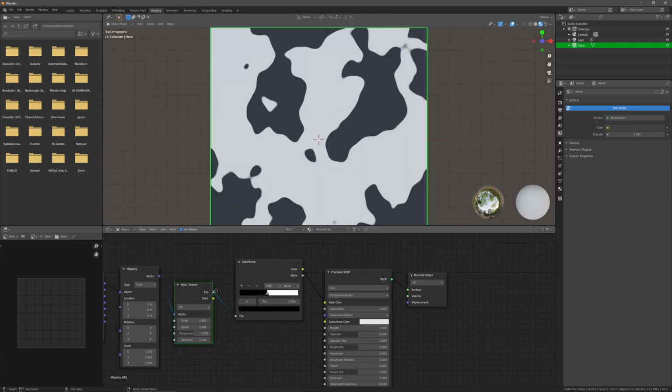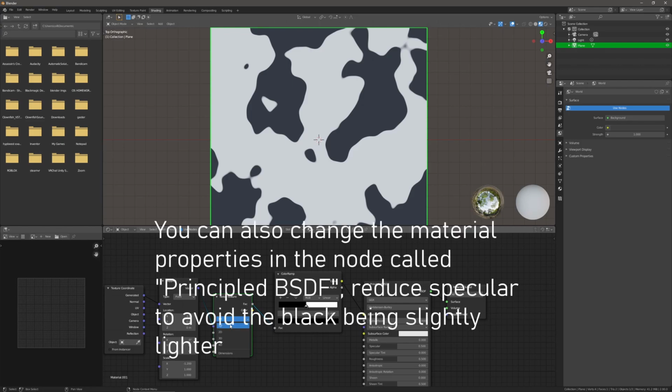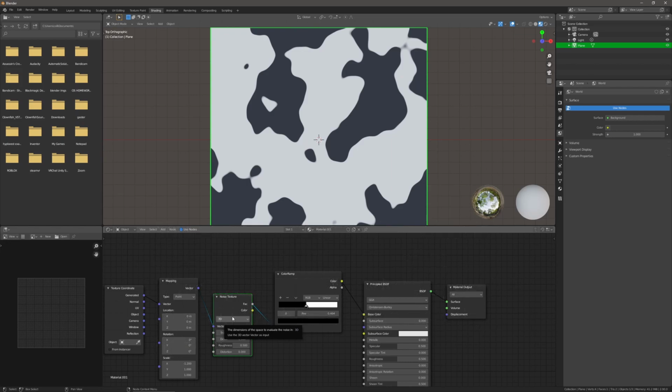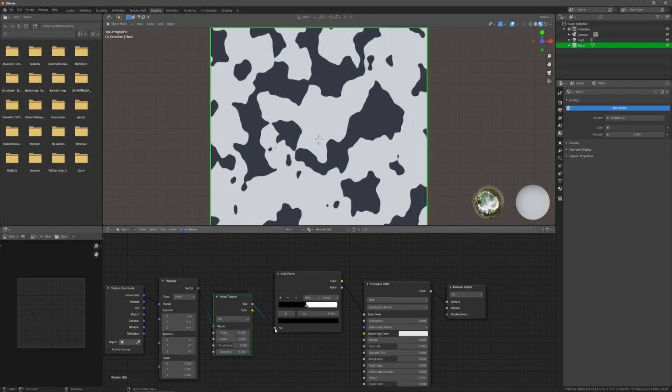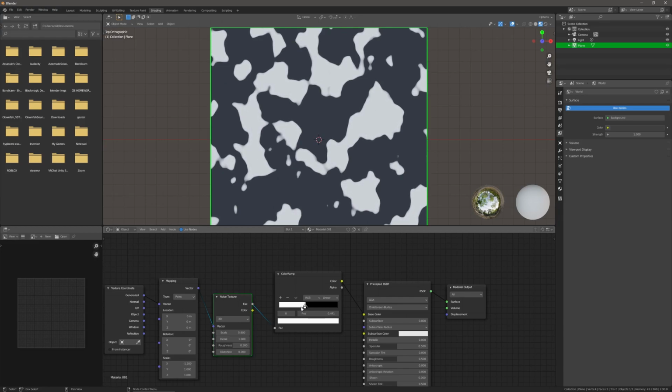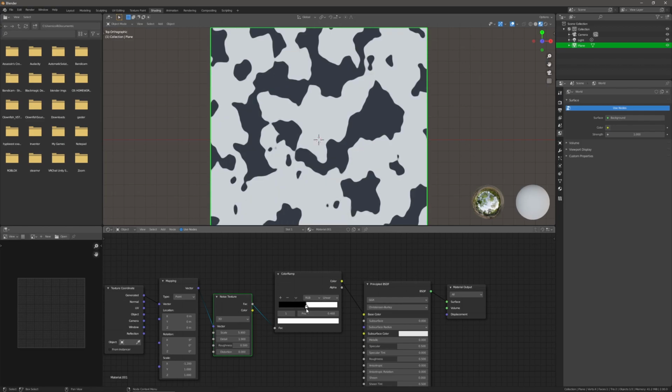You can play around with it in the noise texture as well. You can change its dimension, 1D, 2D, 3D, 4D. This doesn't really change much, but it can minimally change how it looks. I'm gonna keep it 3D because that's how it's default set. You can change its scale to whatever, but this is where it can get really interesting. You can change the color ramp to see how distinct your colors might be, and if you want it to fade in and be less like a spike and more like it fades into a mountain, or looks more like a mountain and it's not so jagged. But I'm gonna keep it this way as we had it.